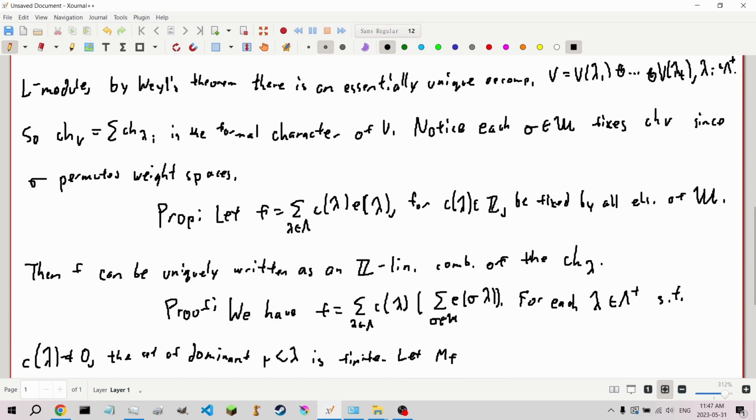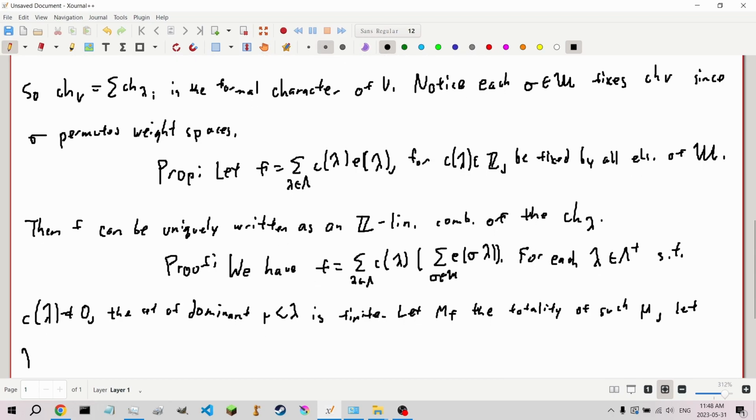Let M of F be the totality of such mu, and we're going to let lambda in lambda plus be maximal among the lambda in lambda plus with c of lambda being non-zero,